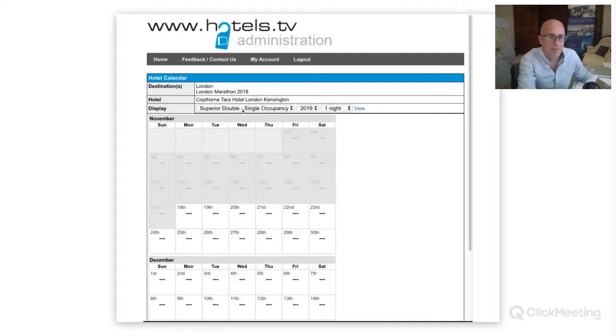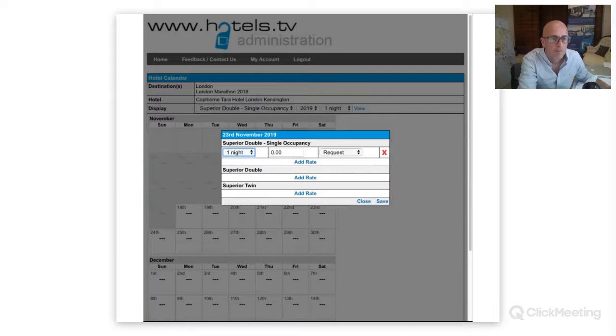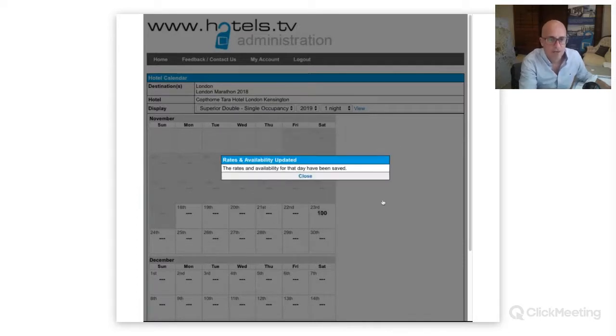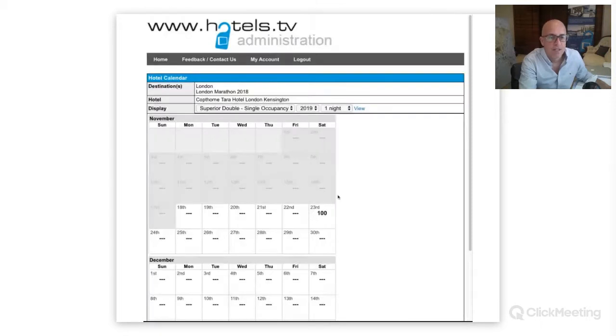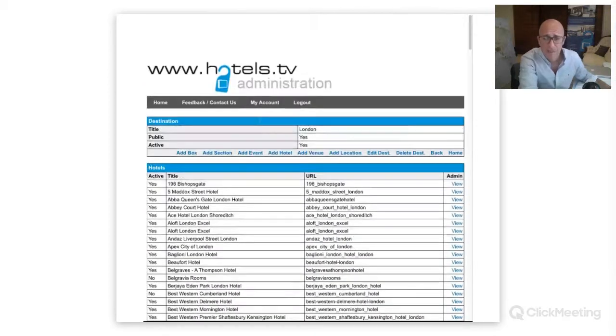Once you've set that up, let's say the 23rd of November, we're going to add a rate of £100 on request, and we're going to save that. All of a sudden, there's the rate right in front of us, £100 at the Copthorne Tara, all done. So we've added the room, we've added the rate. If the hotel isn't there, you actually have to add the hotel. It takes a little bit longer,